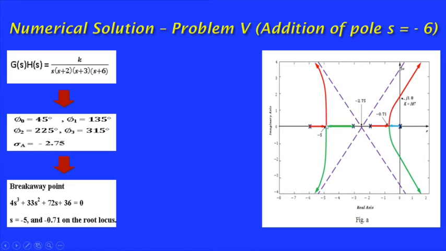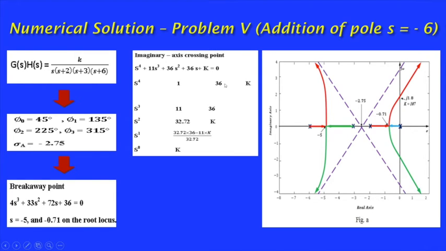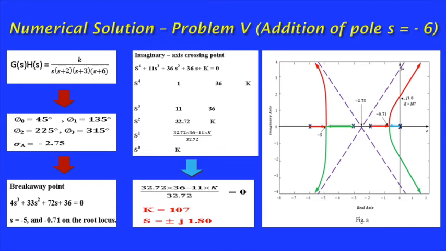Then these two root locus branches break away at those points and move to infinity along the asymptote. This root locus crosses the imaginary axis and finishes at infinity along the asymptote. Then find the crossing point using a Routh array. Taking the characteristic equation, we get this Routh array. Then if this is considered 0, we find K equal to 107. Taking the auxiliary equation